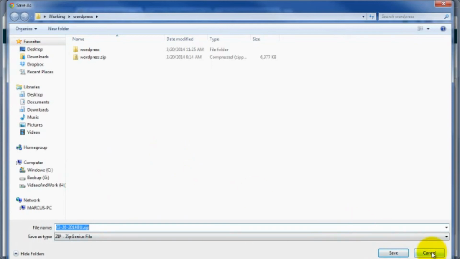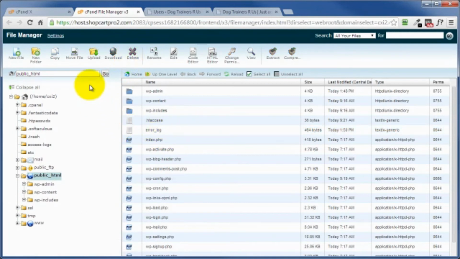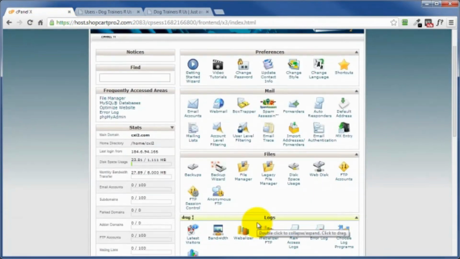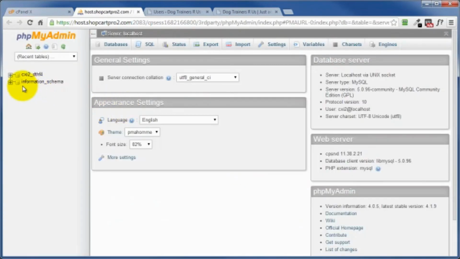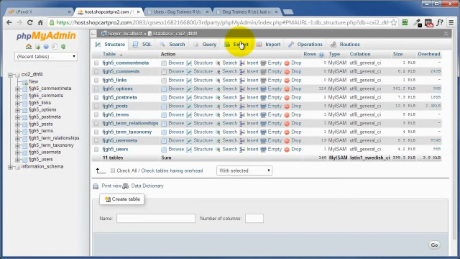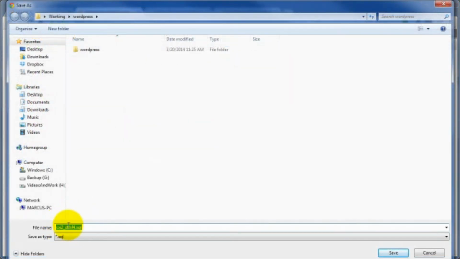So now then, I'm going to go ahead and cancel out of this and delete this. Now you want the backup of your database. Let's go ahead and close this guy out. Come on back down to our phpMyAdmin. I should have done this earlier, huh? Open this up, and you want to make sure that this database is selected. Come on up here and click on Export. And everything by default is going to be just fine. Click on Go. I would go ahead and leave this name exactly the way that it's being downloaded, but I